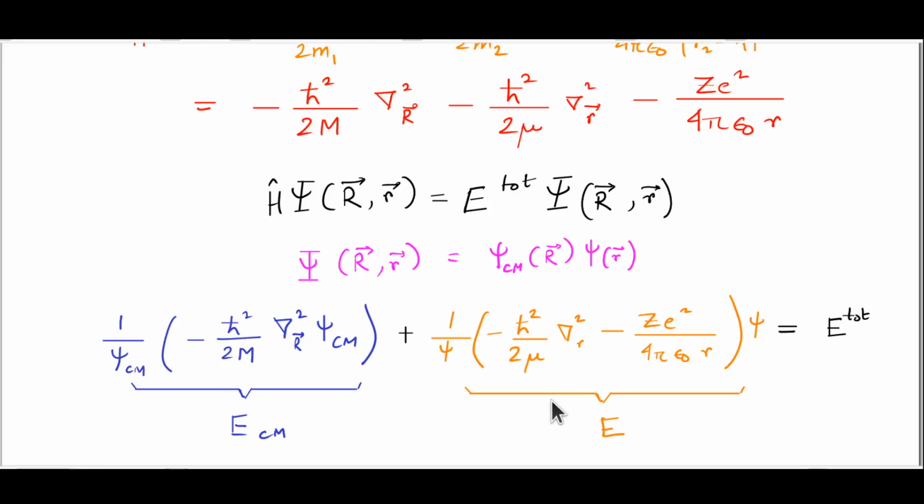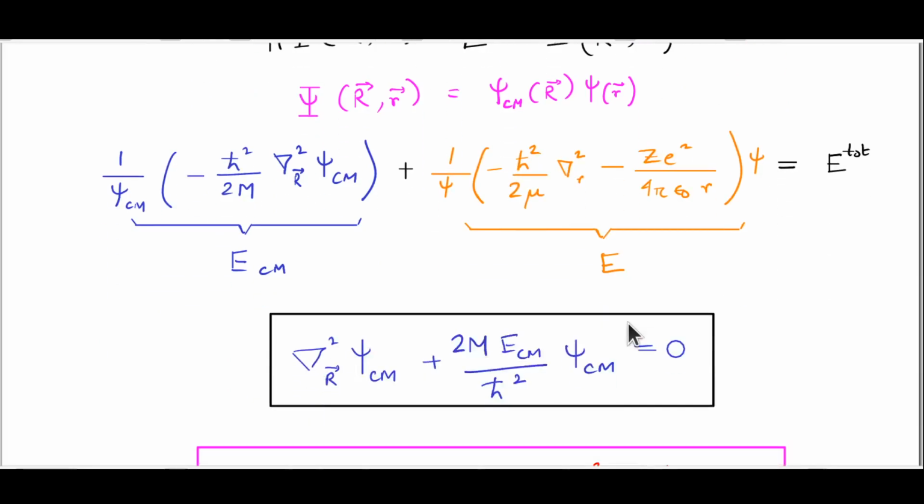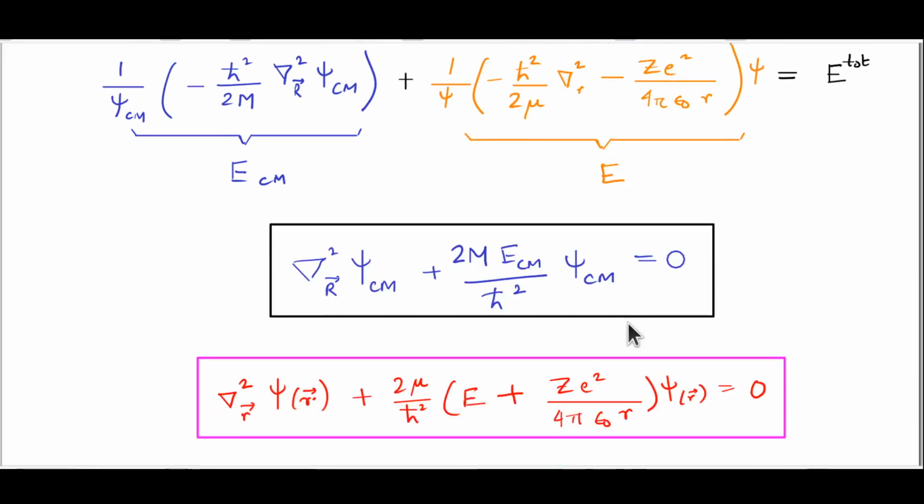We are going to call the relative energy E because that is the one which we are going to focus on primarily in this lecture. But before we start talking entirely about this equation here, let me just point out that you end up with two Schrödinger equations effectively. The first one, rather obviously, is the Schrödinger equation for a free particle with mass capital M and energy E_CM. So the center of mass essentially behaves like a free particle